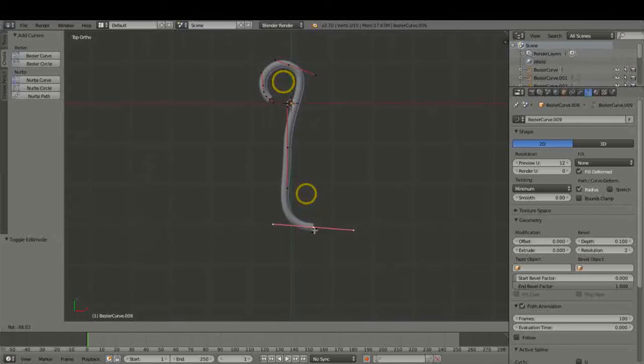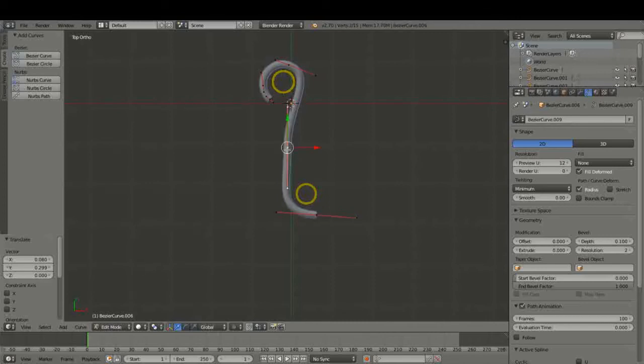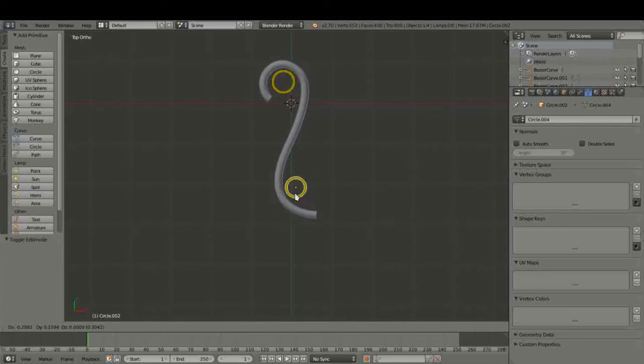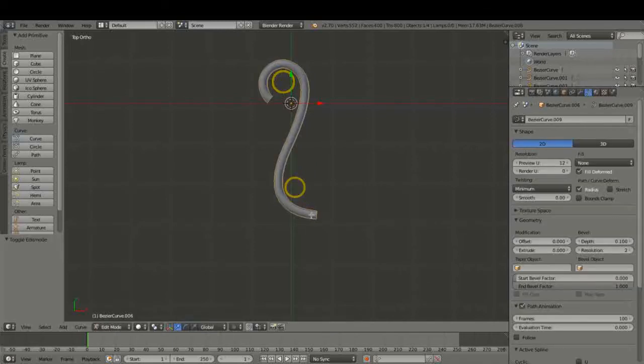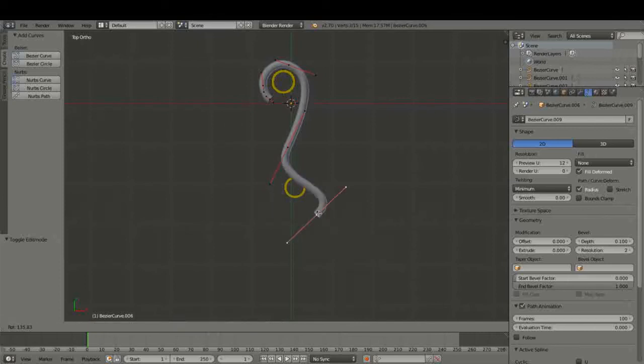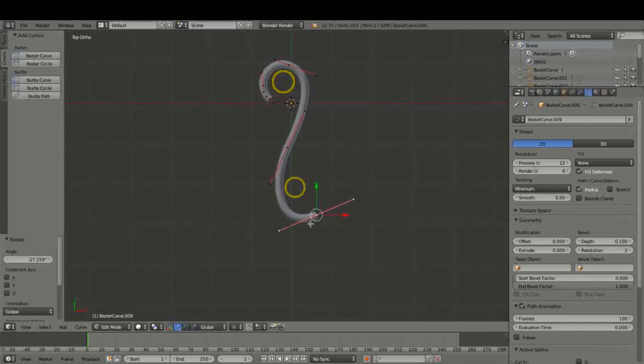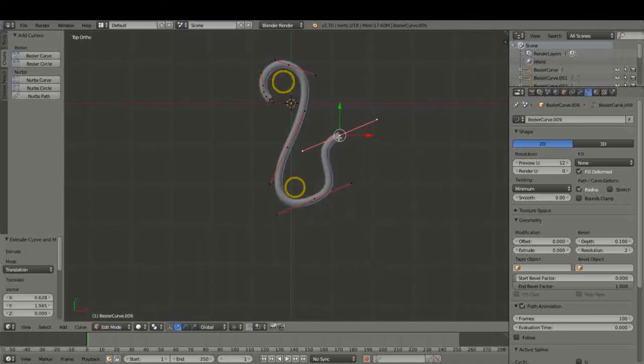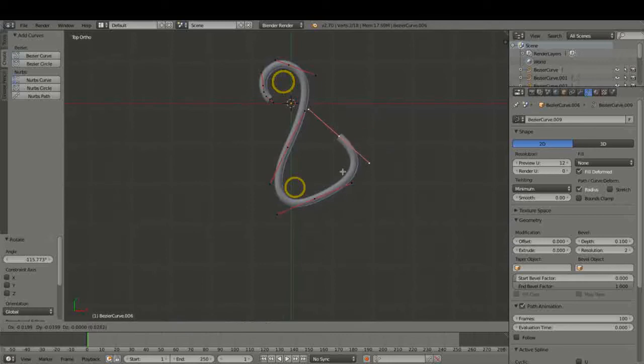And rotate that, grab it. I just also want to rotate this one a little bit to give it that S shape. Alright, so you can kind of see where this is going. It's a lot of fiddling and so on, just freehand stuff really. Alright, so now we've got that curvature there. Now we can extrude, pressing E, grab it so it comes out, and rotate, and then grab some more, and